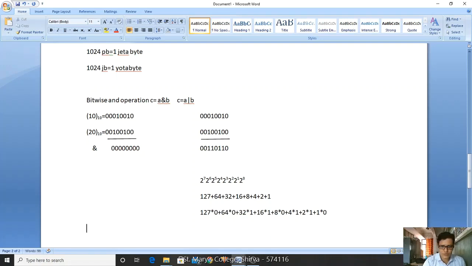If I do this bitwise OR, we are getting the value as 1 into 0 is 0, plus 2 into 1 is 2, plus 4 into 1 is 4, plus 8 into 0 is 0, plus 16 into 1 is 16, plus 32 into 1 is 32, plus 64 into 0 is 0, plus 127 into 0 is 0.